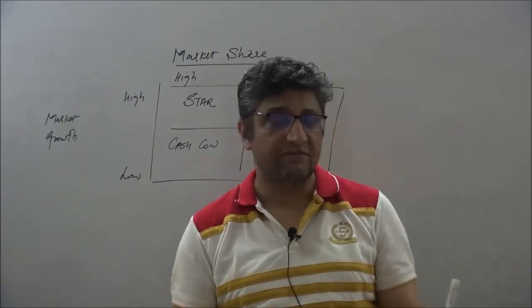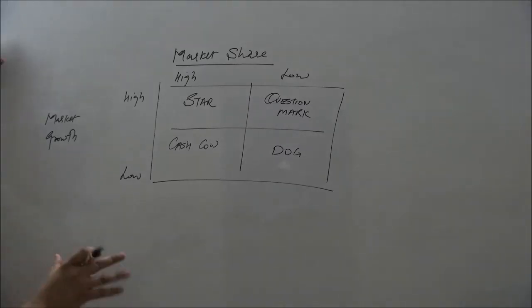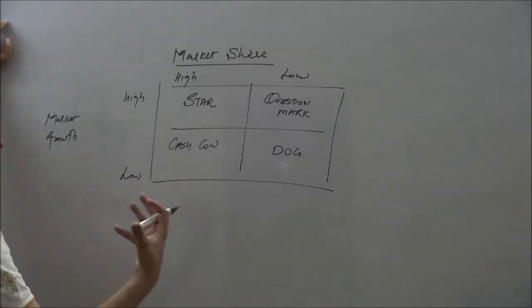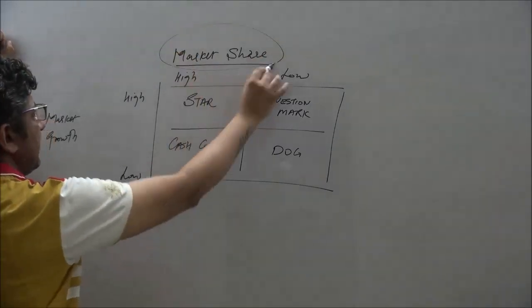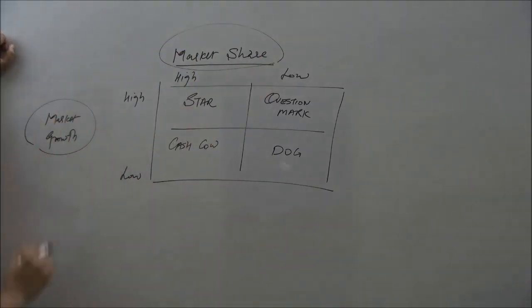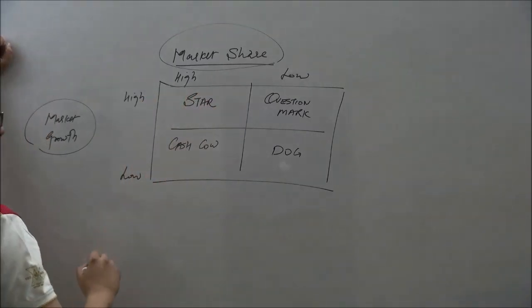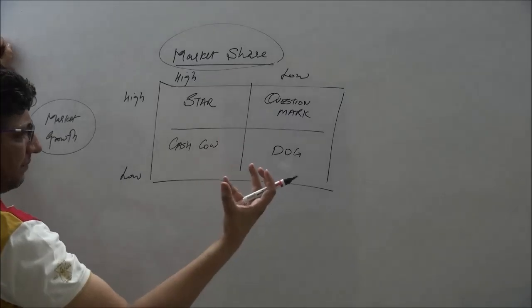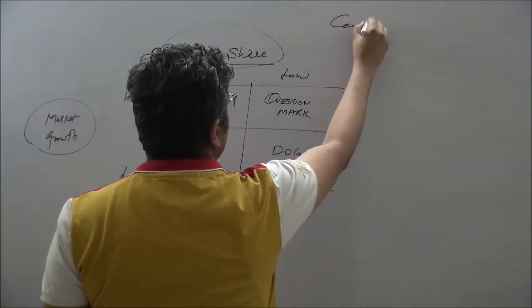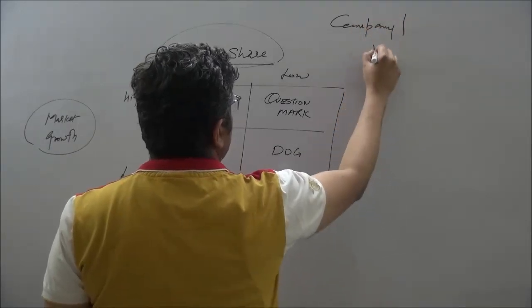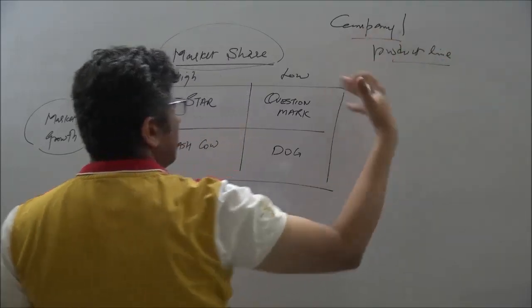And that's what the BCG framework tries to tell. It's a very simple structure. It only talks about two variables. One is the market share, and second is the market growth. It's a clear matrix, the BCG matrix as we call it. There could be a part of a group, a company within the group, or a product line within the group, which the company is selling.